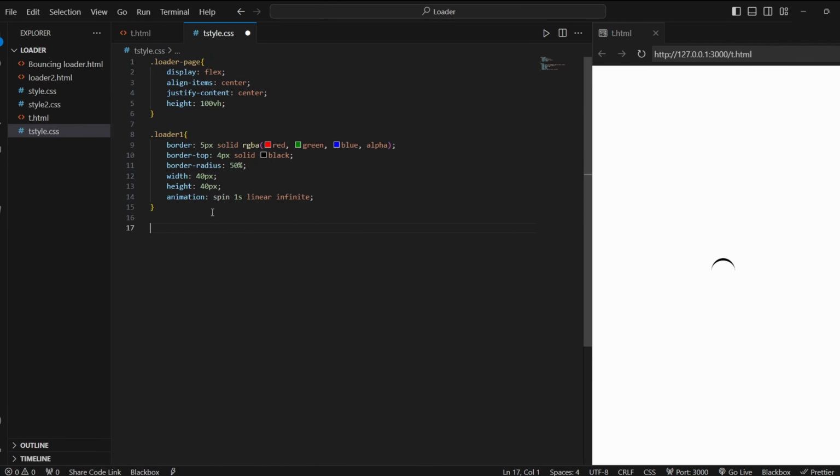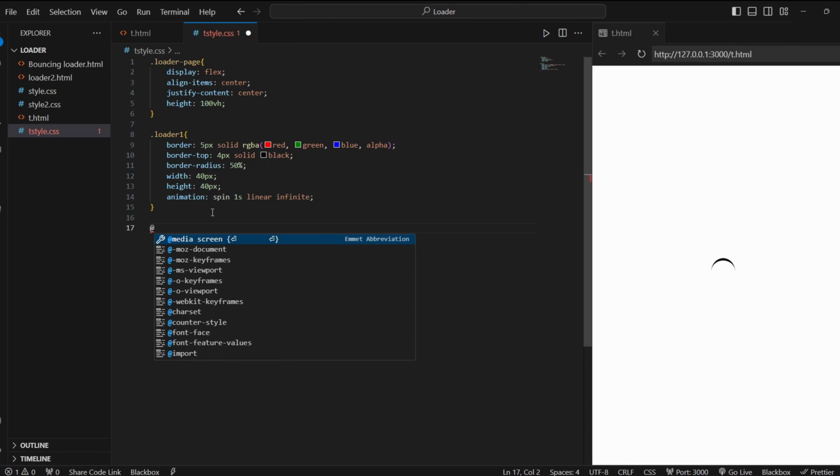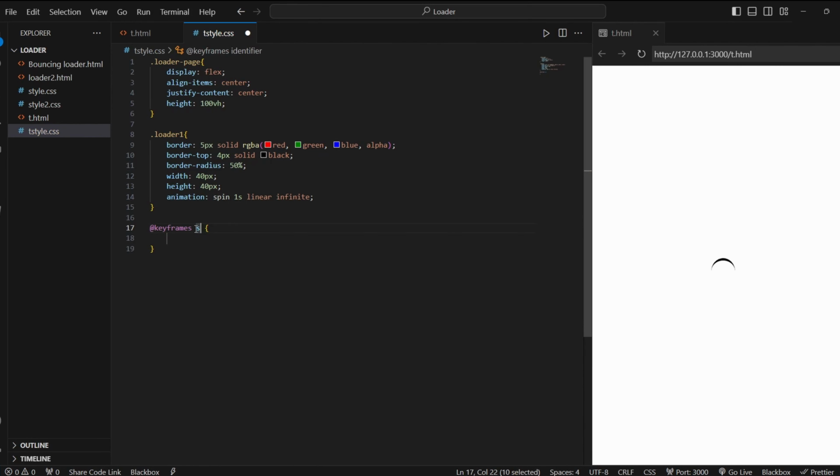Now we are going to add keyframes to it, so that it keeps rotating. So we are going to write the keyframes identifier, spin. Okay, so this is easy. And now we are going to add 0%. So when it's 0,